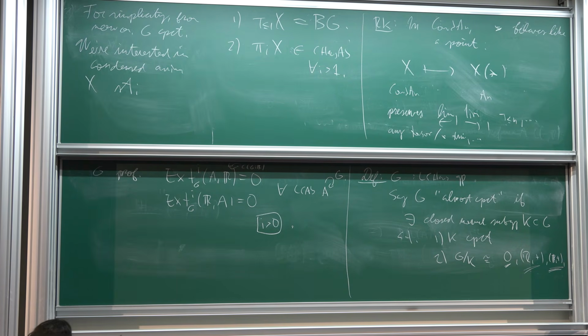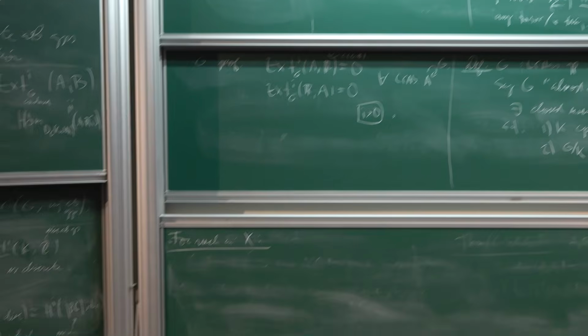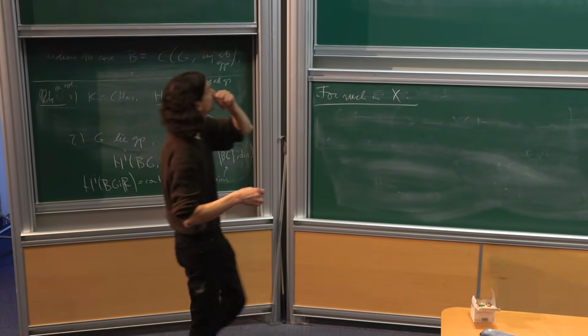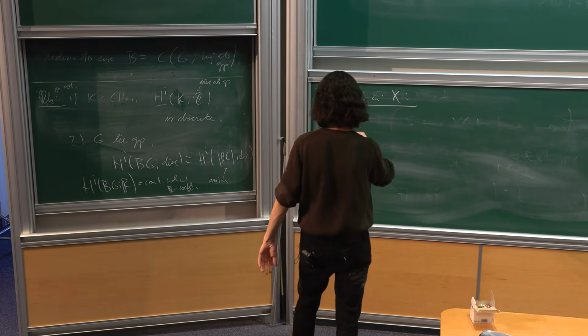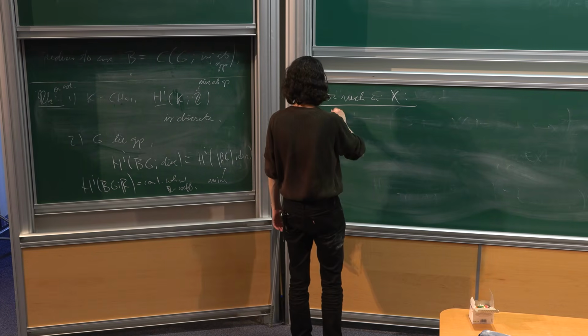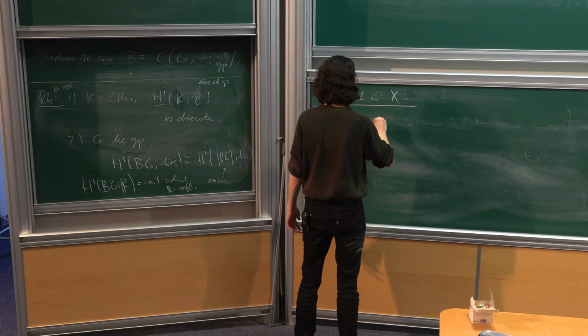So these have nice properties. For such an X, we can extend what we know about the cohomology. We can just propagate it up the Postnikov tower by standard arguments. And we get that if A is a discrete abelian group,